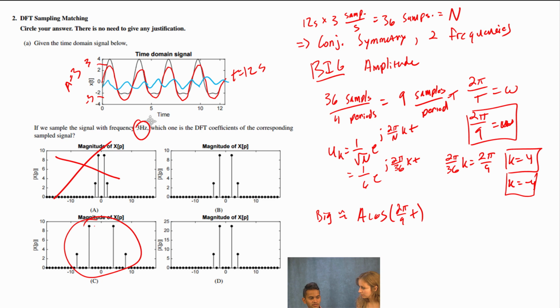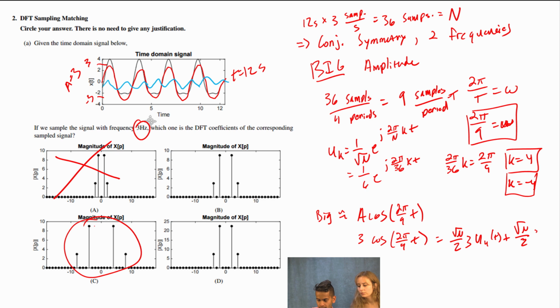But so, it would be flipped magnitudes. Well, magnitude is always positive. Oh, we take the... yeah. Okay, either way. Sure. Cosine of 2 pi over 9 t, right? So we decided that A is 3, so we have 3 cosine 2 pi over 9 t. Okay. So from what we had before, 3 halves just gives you root n over 2, 3 u_4 of t plus